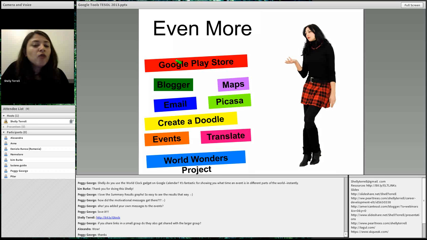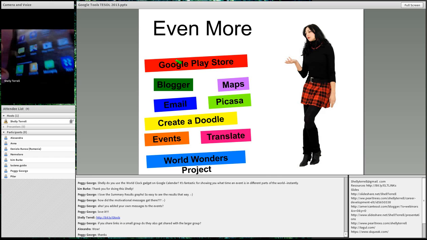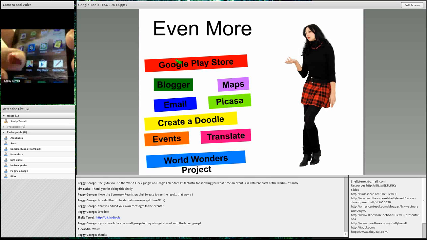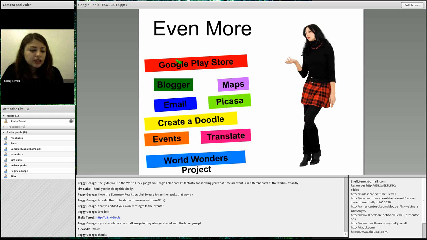There's even more Google things out there that I recommend. There's Google Play Store with thousands and thousands of apps out there. The Google Play Store is basically mobile apps. So you'll see it on any of your devices, like your Android devices. You'll see here where it says the Play Store. Right there, the Play Store. And then when you open the Play Store, it's gonna go ahead.